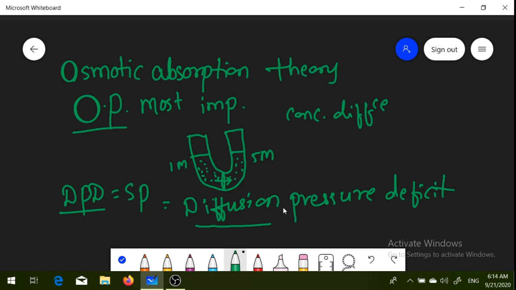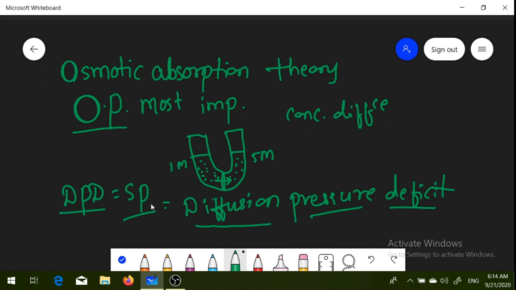The liquid or the fluidity of the water shows more diffusion pressure, so it diffuses very fast, but the semi-solid substance does not diffuse rapidly. Okay, so it has more diffusion pressure deficit, and the suction pressure means it is the ability to absorb